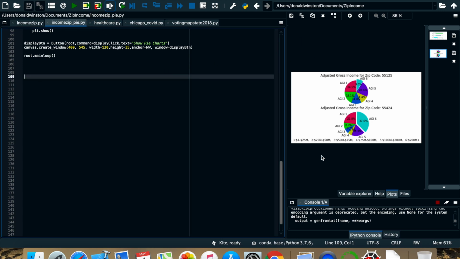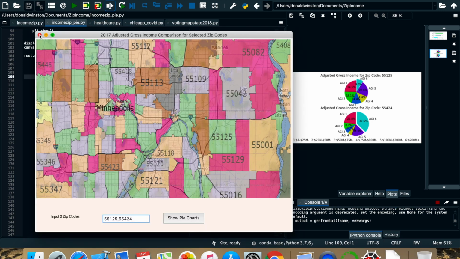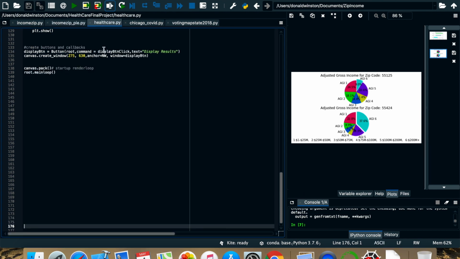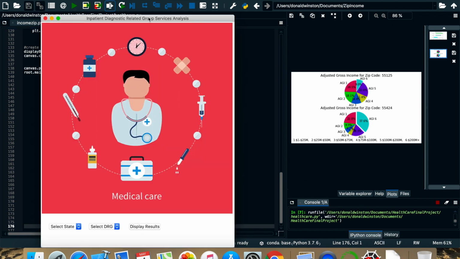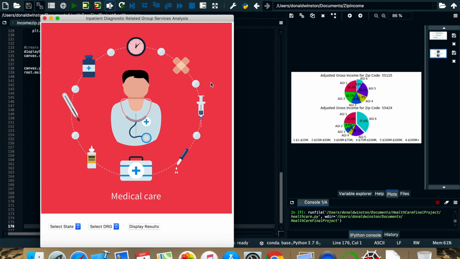Now, next thing here, so let me stop this. So here's a project two other students did, I believe, year before last, and I think they were actually working with some health data from the HealthGov website or something like that. But this particular student had an interest in working with health data, and I think she was also project lead, a biomedical science student as well. So anyway, here, so what she did,